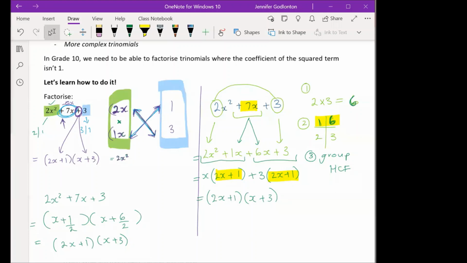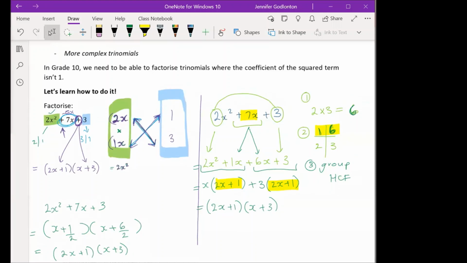Ma'am, for question 2, I mean for the second method, is there any cross multiplication involved? Because by the looks of it, I'm kind of confused. Yeah. No, don't worry. A lot of you may feel very confused. If you're seeing this for the very first time, I can completely understand how terrifying this is. So don't panic. We're going to spend a lot of time on them today.